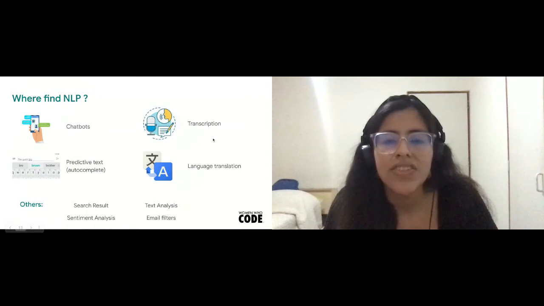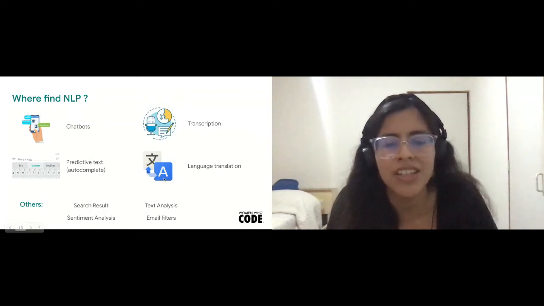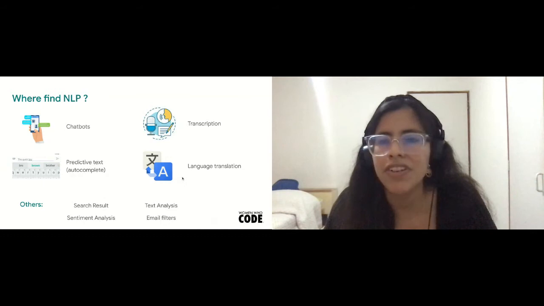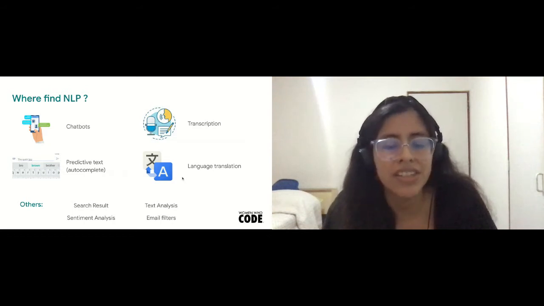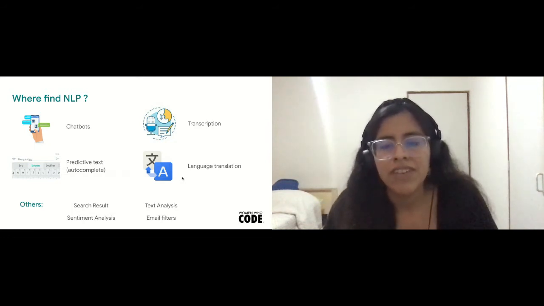In chatbots, transcription, YouTube videos for music where you see the transcription, predicting text like autocomplete on some keyboards, and language translation, for example English to Spanish or another language. Other applications are search results, sentiment analysis, text analysis, or email filters.